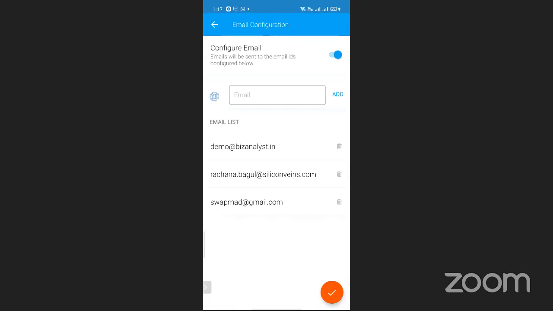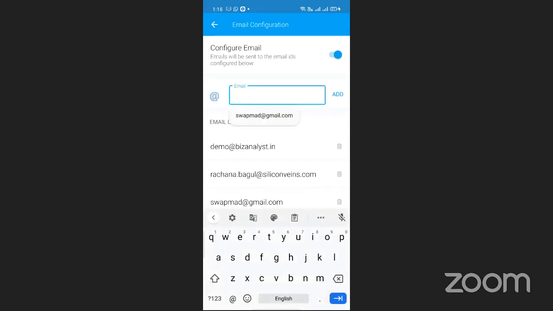For example, if your salesperson or your accountant has made a particular receipt or any sales order or any sales invoice, and you wanted that you or your mentor or any of your accountants should get it on mail, you mention your mail address over here.